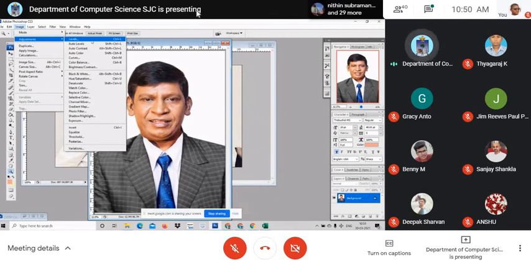Hue saturation we often use, variations we often use, other things selectively based on the need when we work with photos. When you have free time, please go through all these options. I wish you all the best.